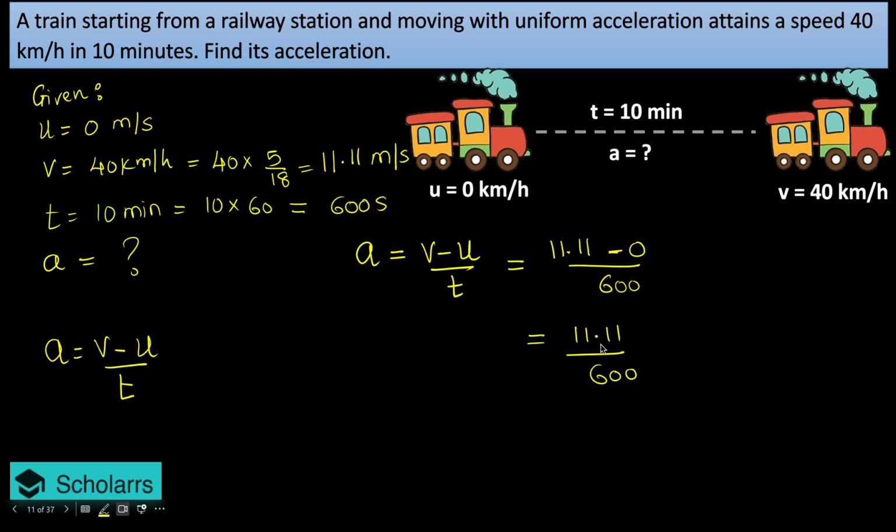Finally we'll go with cancellation. Okay, so now we will divide this. 11.11 divided by 600. Now if you find difficulty dividing a decimal, if you face any kind of difficulty with these numbers, what you are supposed to do is simply remove the decimals. How to do that? So I can write this as this. And since there were two numbers after the decimal, I have put two zeros here. Simply, like 4 times 1, you divide by 6. So you will be getting something